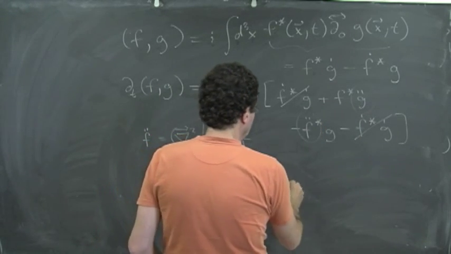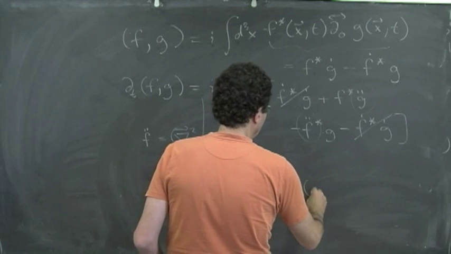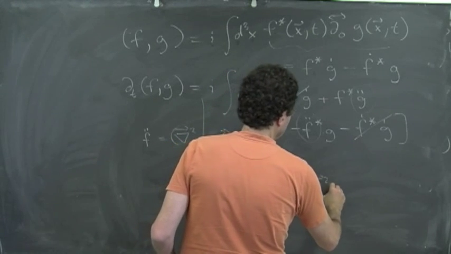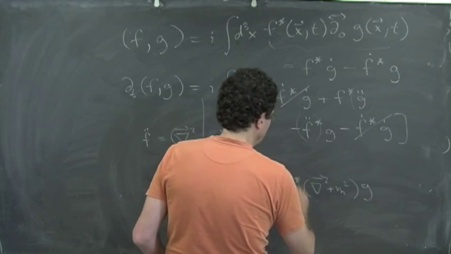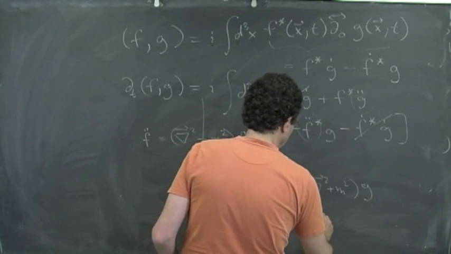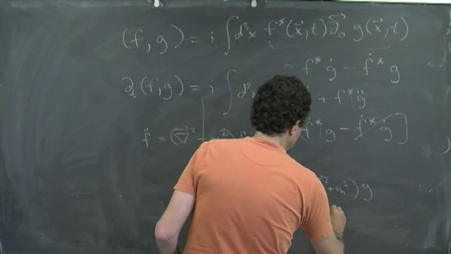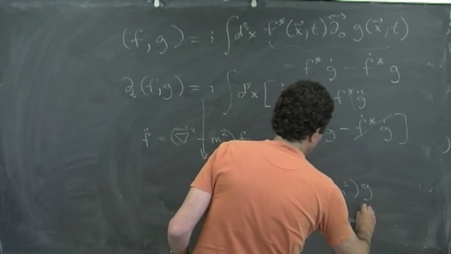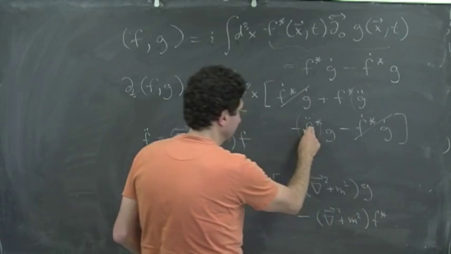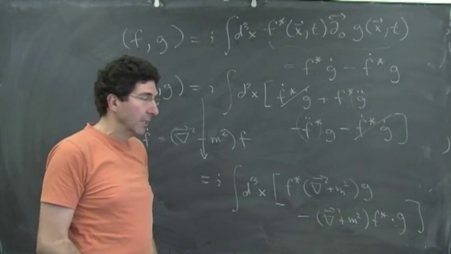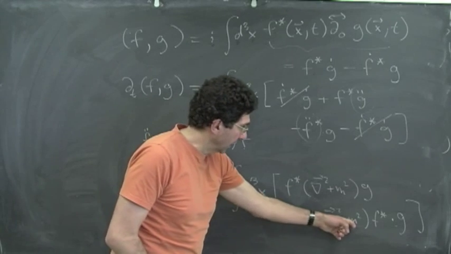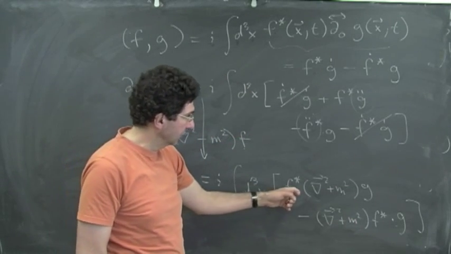What do we get here? We get f star, and then we get grad squared plus m squared g minus, and then this f star becomes grad squared plus m squared acting on f star, sorry, this f star double dot, all times g. Okay? Now if you look at this, the terms with m squared obviously vanish because it's just f star g